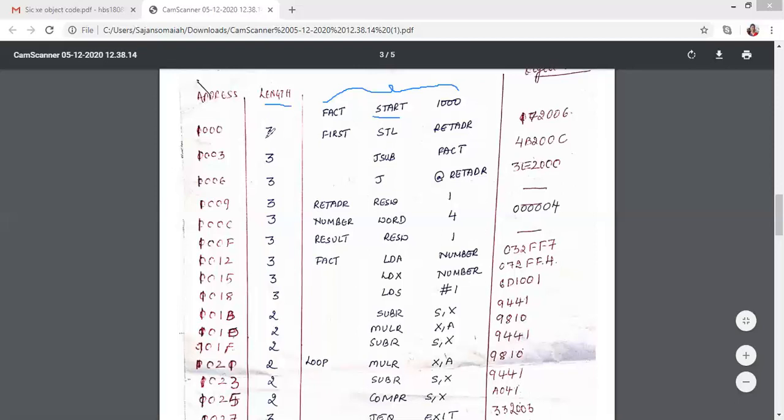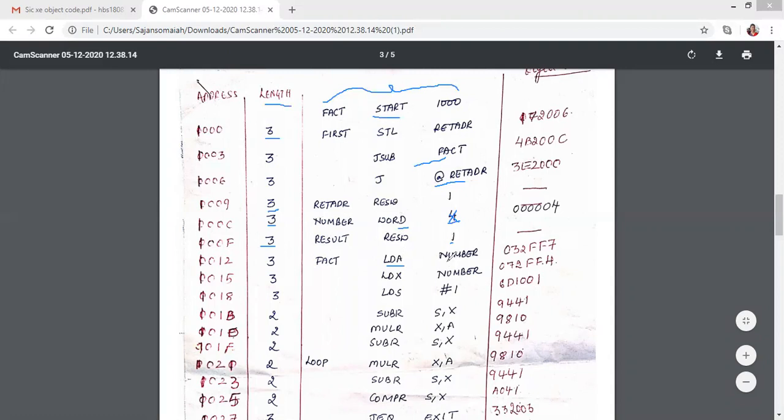Now starting with this. This is 3. This one is 3, and this is also format 3, so it is 3. And what about RESW? If you remember, I had said that if you have RESW, you will have to multiply 1 by the operand. So what is 1 into 3? It is going to be 3. Now coming to word. What did I say? If it is a word, then irrespective of the operand, you will always use 3 as the length. So whenever you see word, don't go by its operand. You have to always use 3. Now coming to RESW, it has 1, so 1 into 3, which is 3.